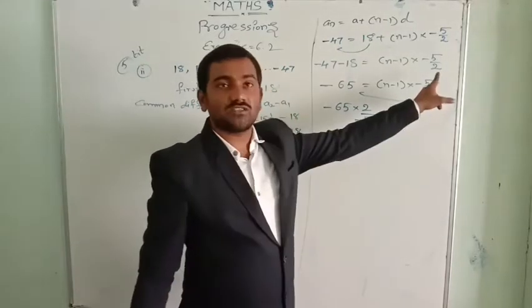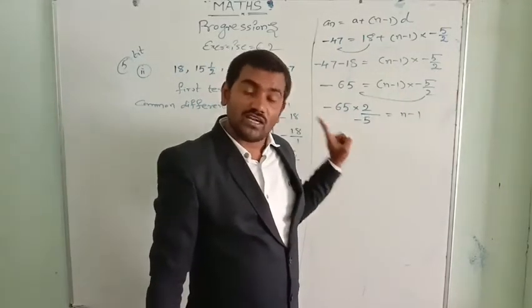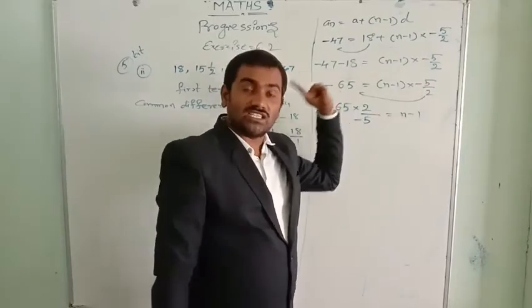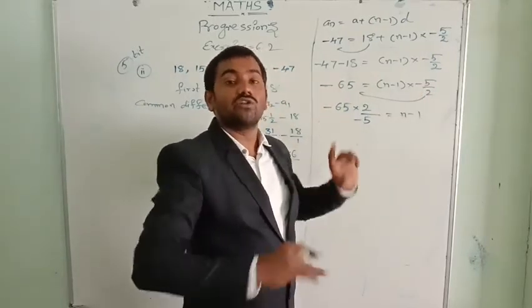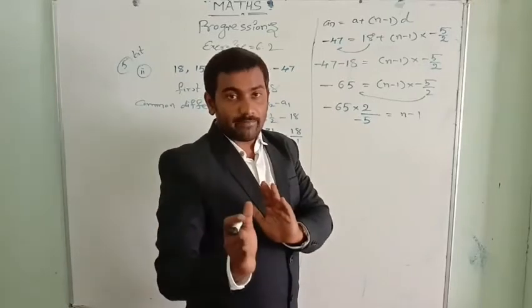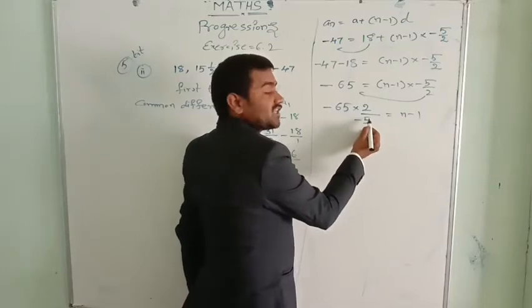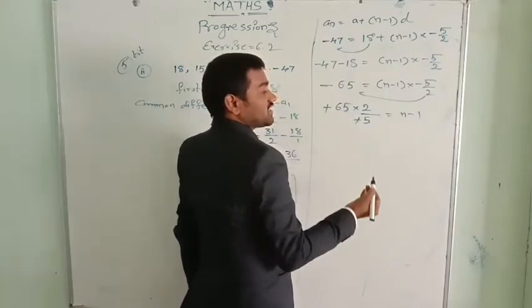This minus 5 is multiplying, so minus 5 will divide. Not plus 5 will divide. So when it is multiplying, it changes to division when you transport it to the other side of the equation. So that you remember. Most of them write a plus 5 here. That is wrong. Minus minus will cancel.